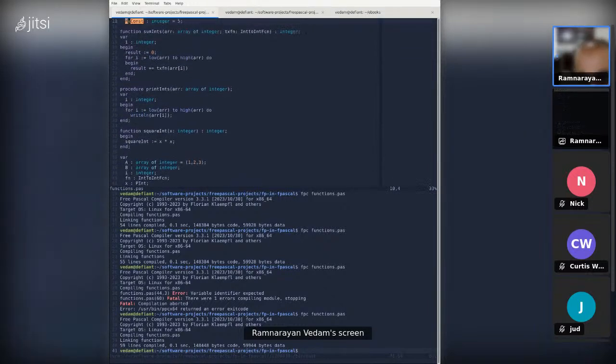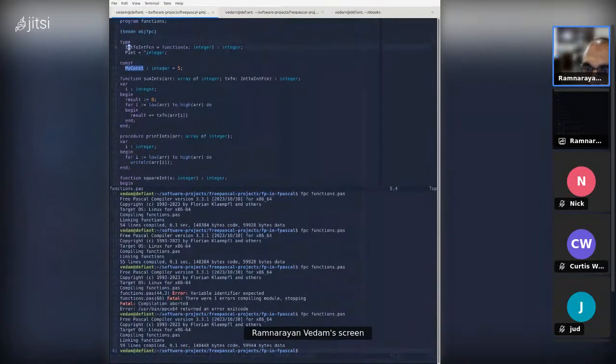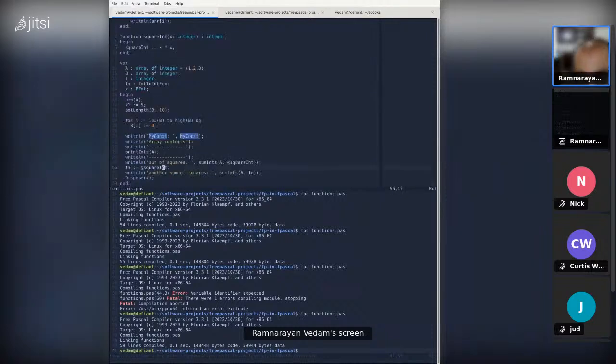With function pointers, you don't need to do this. Function pointers end up being already pointers. To pass in the alias to the pointer, you use the @ sign in Object Free Pascal.